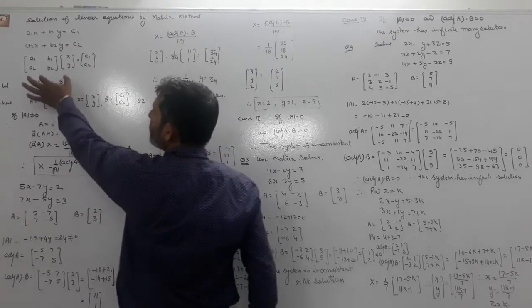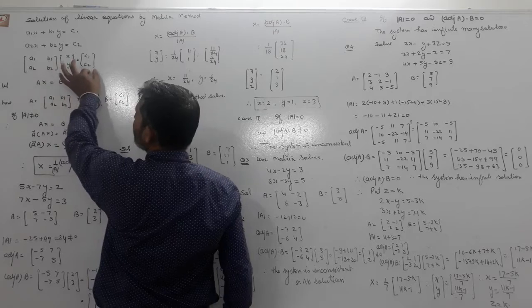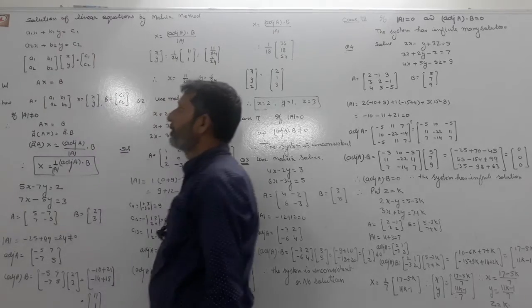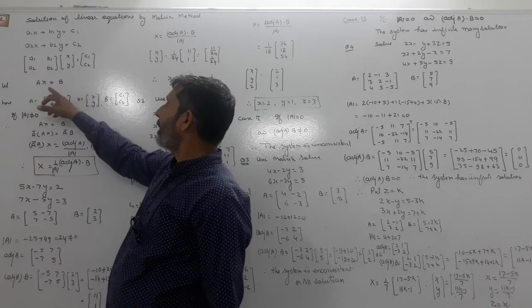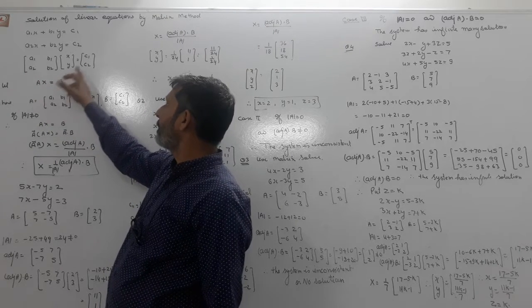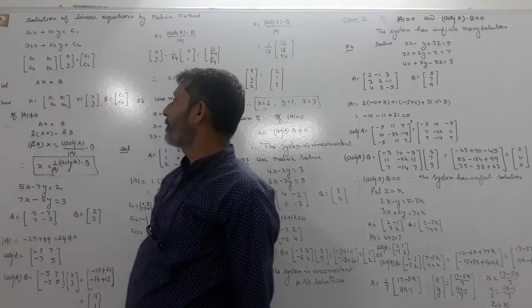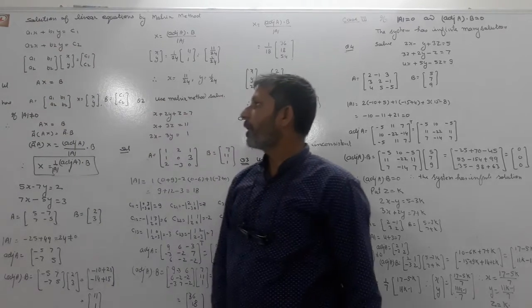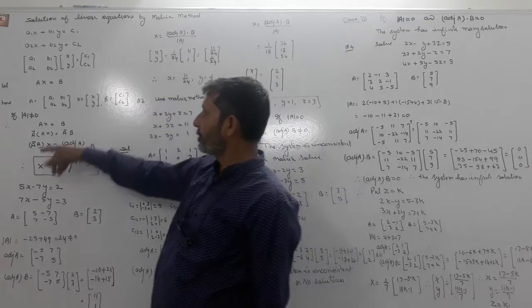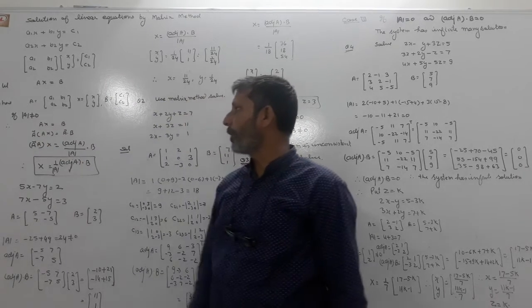If we multiply these two matrices and equate with this, then we get the same result as this. So let me suppose that A is the matrix of coefficients, x is the matrix of variables, equals B, where B is the constants. So if we solve Ax equals B, then we get the same equations. And then how can we solve these equations? Let me suppose that Ax equals B.